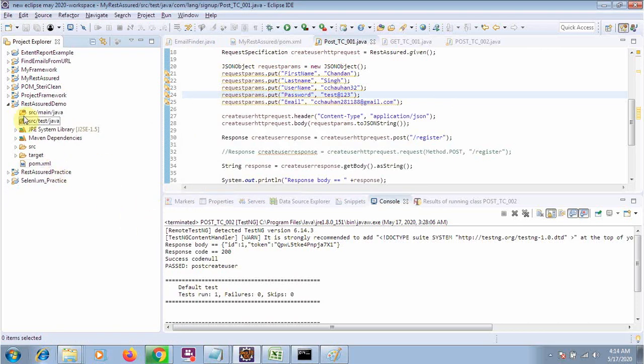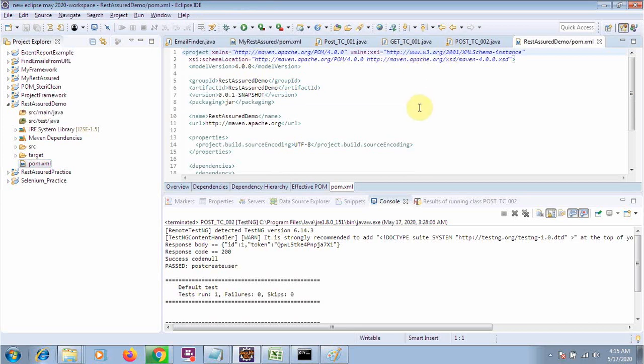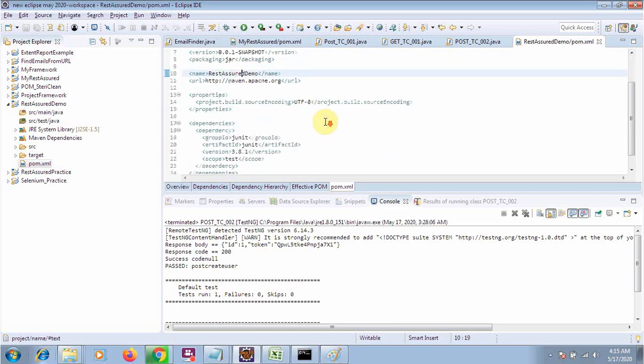First of all, whenever we are working on a Maven project, our first task is to update the Maven pom.xml. What do you mean by pom.xml? It means we are following the project object model XML. We will be updating all these things. Let me explain a little bit: it has the project name that you have given, then some versions and these things.